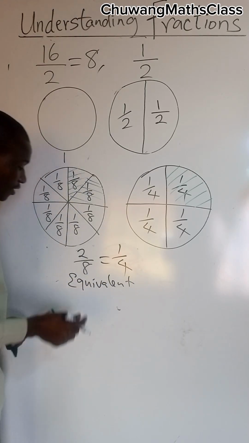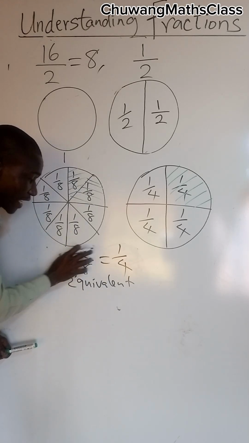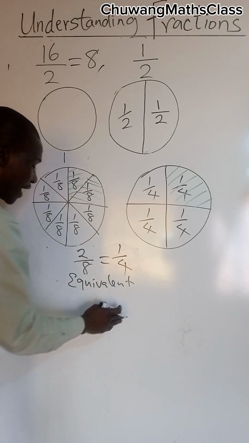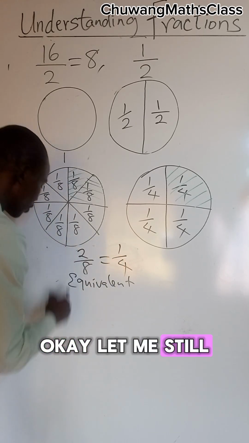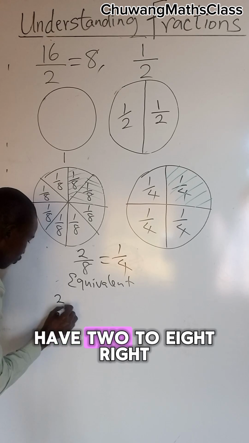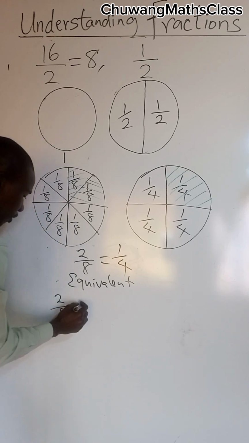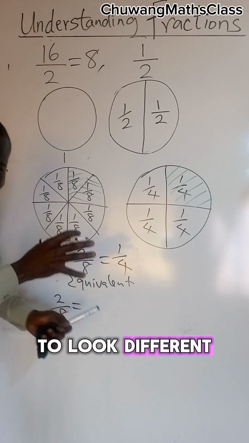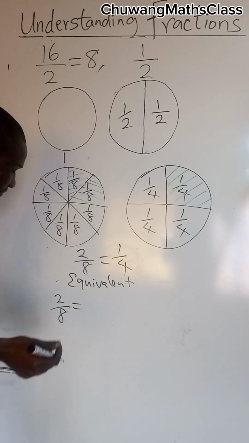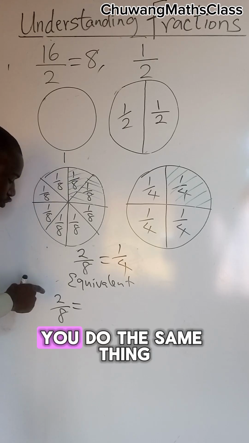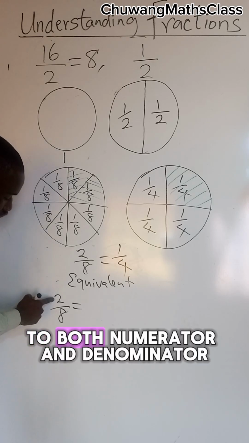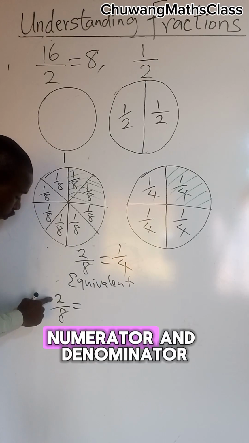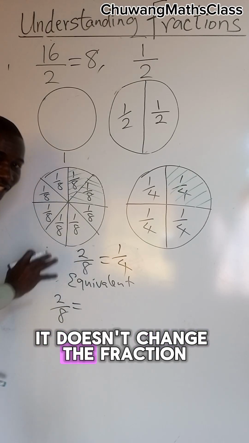Means it's the same thing, though they are looking different, the numbers are different, but it's the same thing. So if you have any fraction, let me still use this one. Let's say you have 2/8. We can manipulate this fraction to look different, but it's still the same thing if you do the same thing to both numerator and denominator. Are we together? If you do the same thing to both numerator and denominator, it doesn't change the fraction, it's still the same